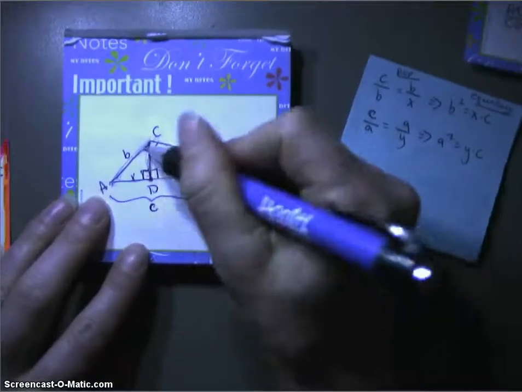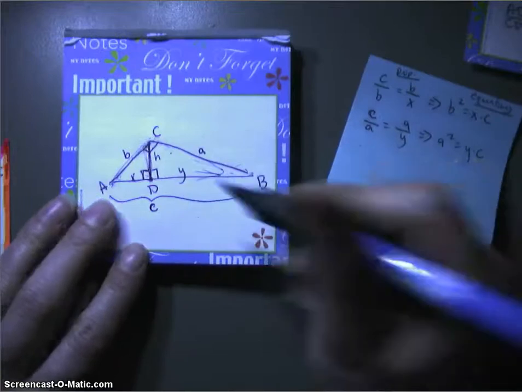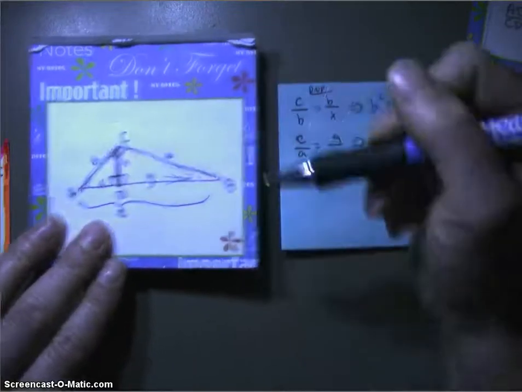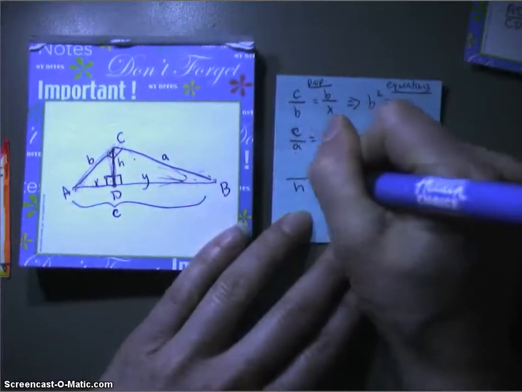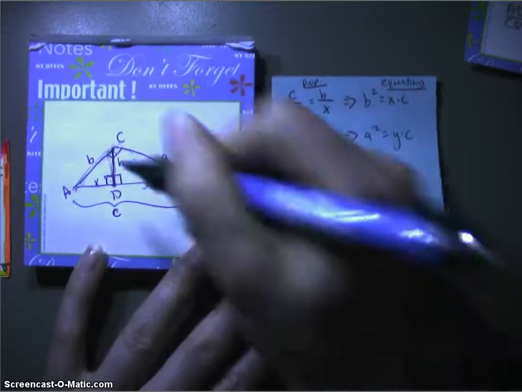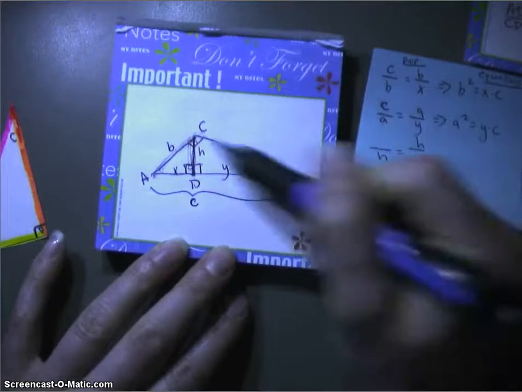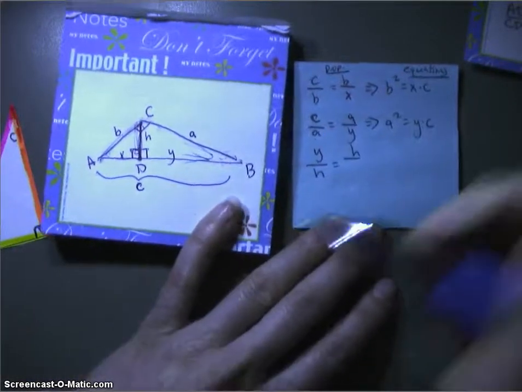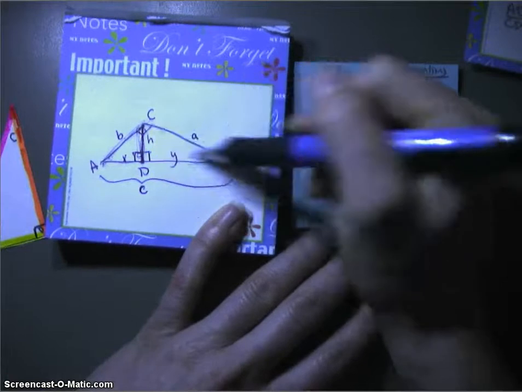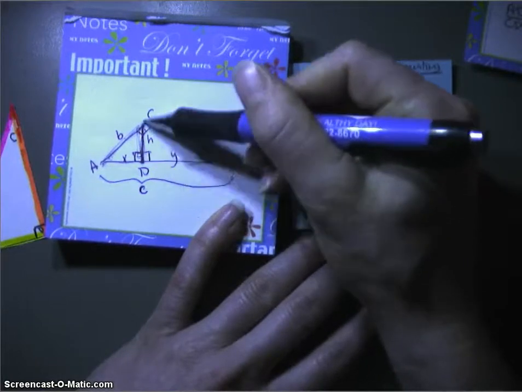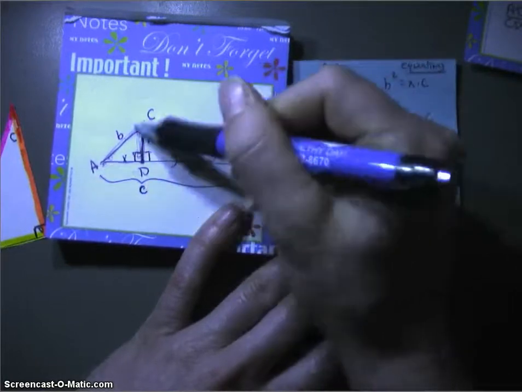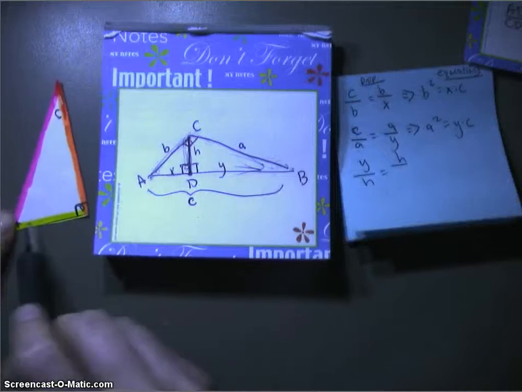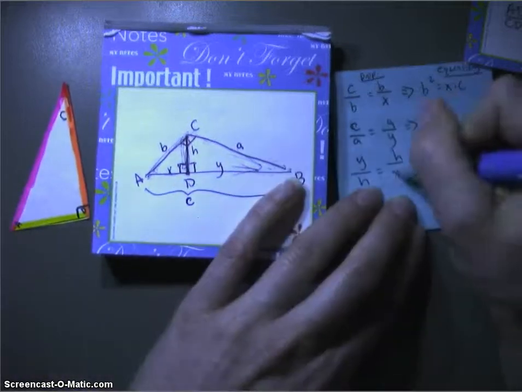And then the last one, I haven't done the small triangle with the medium triangle. The small triangle and medium triangle have H in common, so I'm going to make that the geometric mean. H on the little triangle is the longer leg, and the longer leg on the medium triangle is segment Y. And segment H on the medium triangle is the smaller leg, so the smaller leg on the small triangle is segment AD, this bottom one, X, so that equals